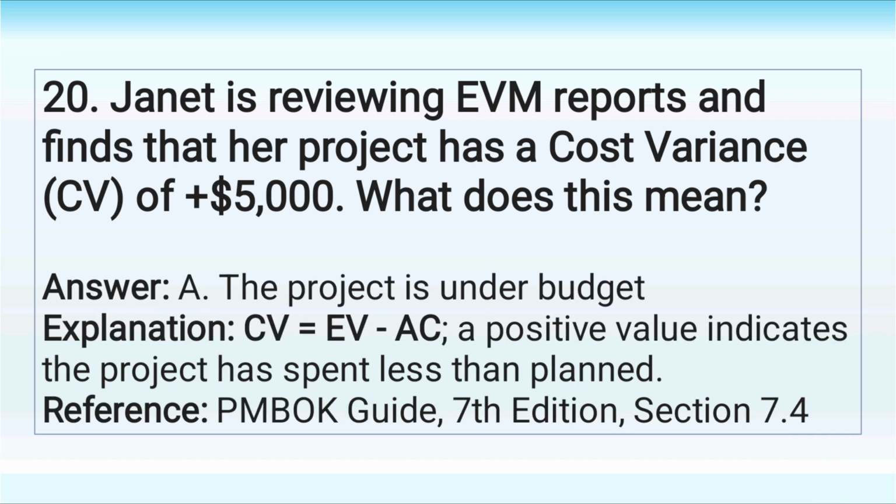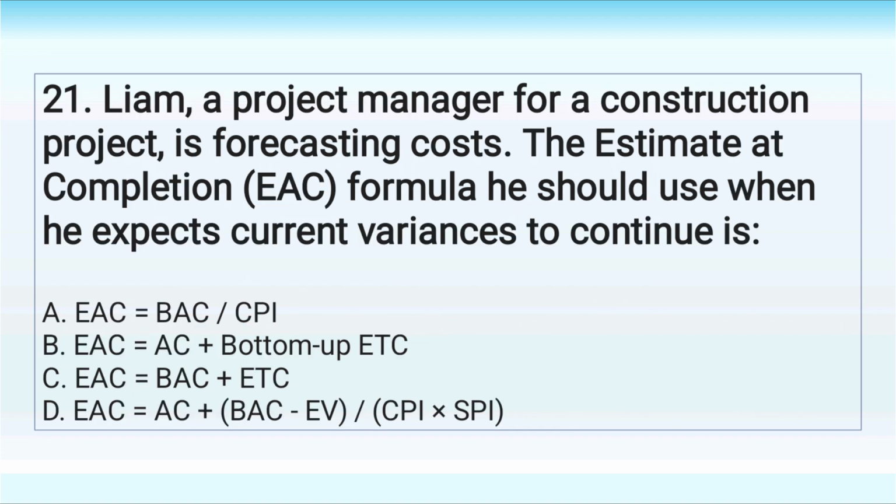Answer: A. The project is under budget. Explanation: CV equals EV minus AC. A positive value indicates the project has spent less than planned. 21. Liam, a project manager for a construction project, is forecasting costs. The estimate at completion, EAC, formula he should use when he expects current variances to continue is: